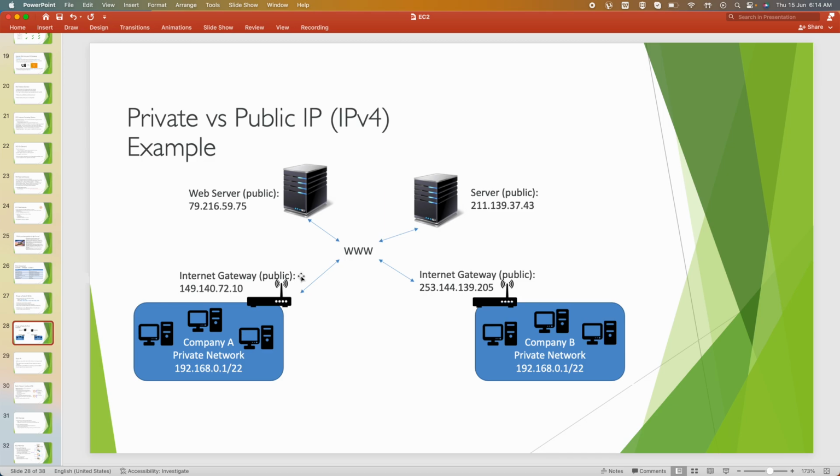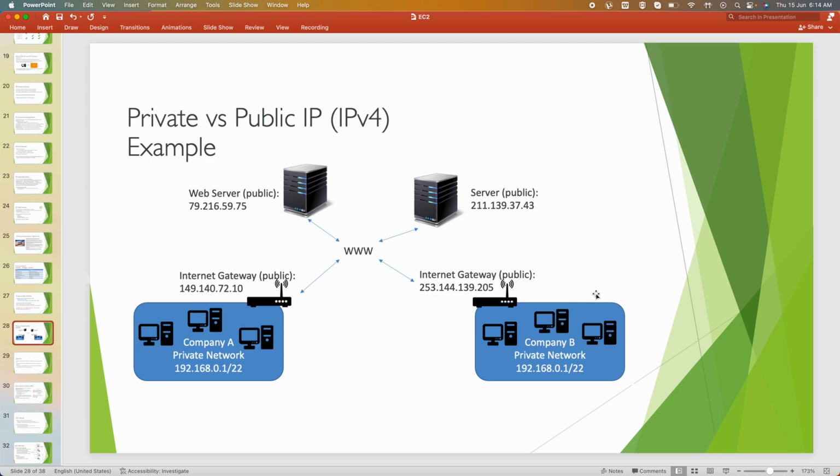Okay, so when you attach a modem to your system at home, then you will be able to connect to the internet. That particular modem is what we call an internet gateway in our networking concepts, or for EC2. Each instance will be connected to an internet gateway, and this particular network will be connected to an internet gateway, and through this internet gateway only we will be getting the internet,